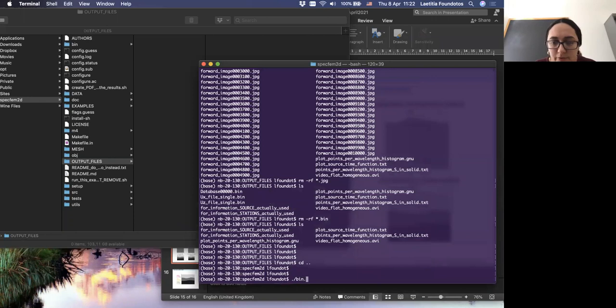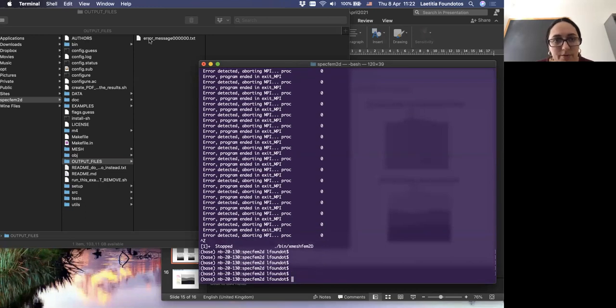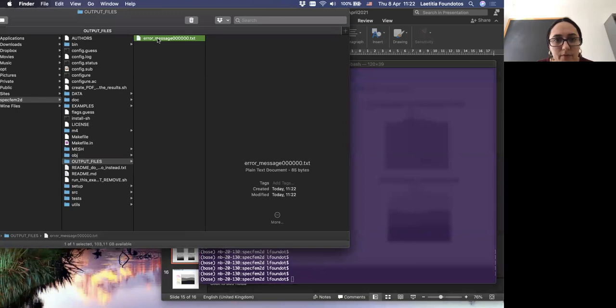We will first run this one, the mesh. Oh, sorry, we have an error. Let it finish. Okay, I have stopped it.